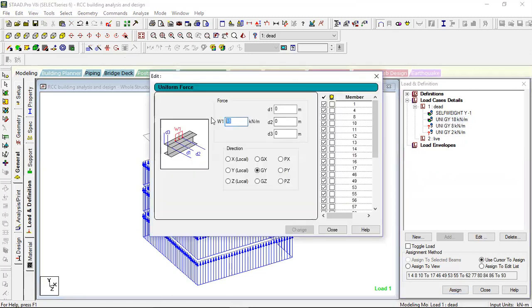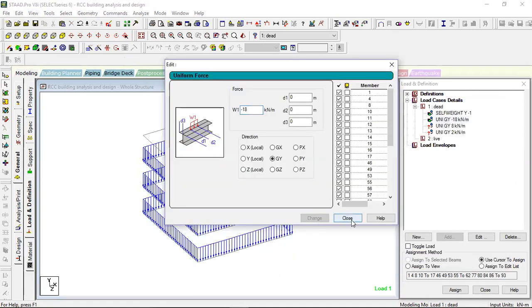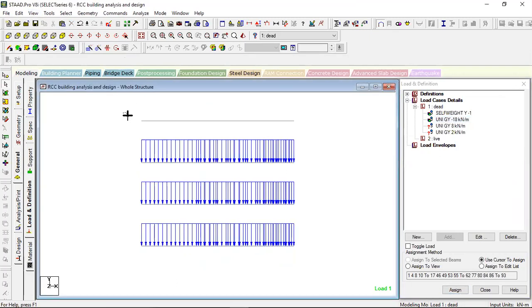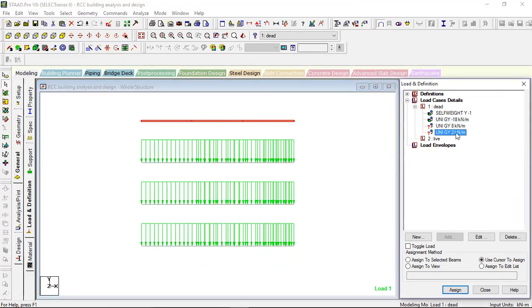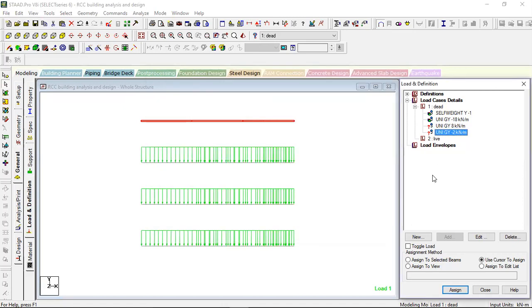So this is minus 18 we have to do, because the load should act in the minus, downward direction. It is now in the plus, upward direction. So I am changing it, close. Now at the top the parapet will come, that is 2 kilonewton. Again we need to change the sign, minus 2, change, close.